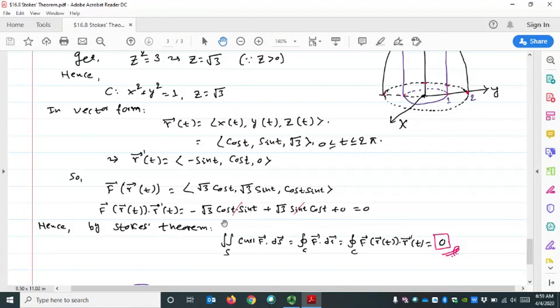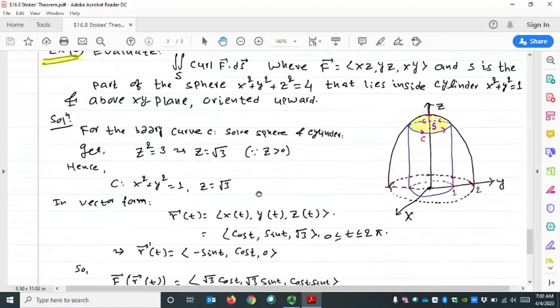Then let's take the dot product of this vector field F with r prime t. Negative sine t times radical 3 times cosine t, this term, plus cosine t times radical 3 times sine t, and then the third term will just disappear because 0 times cosine t sine t is 0. The plus and minus cancel, so we found F dot r prime t is 0. Then by Stokes theorem,